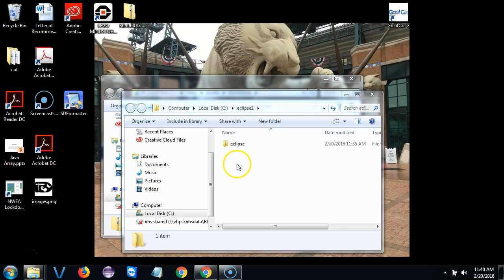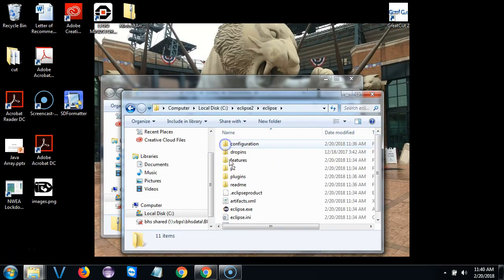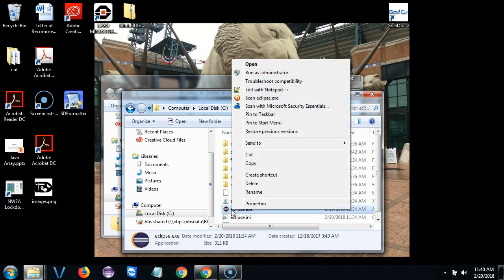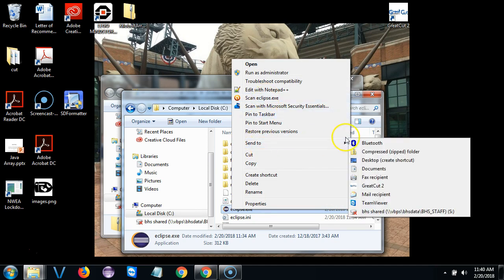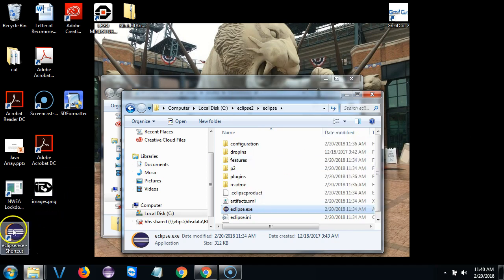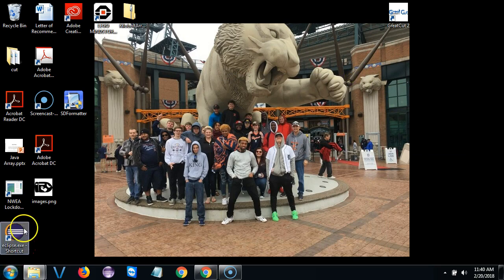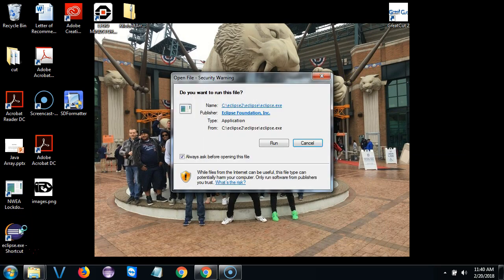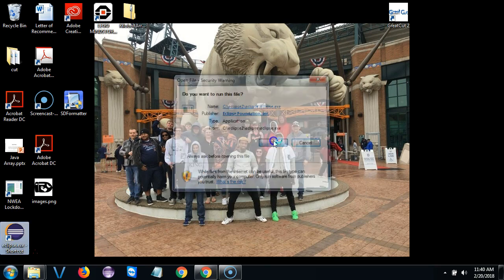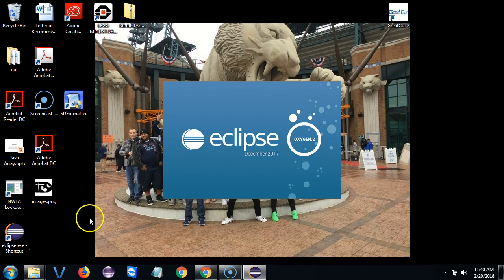Now that it's installed, the easiest thing for you to do is go into this Eclipse folder and then right click on the exe file and send to your desktop. That way you don't have to go looking for it in your folders and stuff. So if you double click on this, you run it, and you don't have to always ask before opening. Go ahead and run it, and this will open